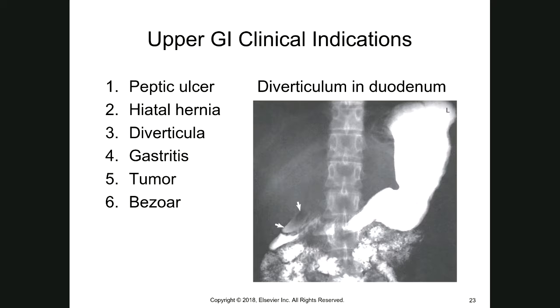A bezoar is basically like a human hairball. I know that sounds funny. There's different types. There's a phytobezoar and there's trichobezoars, and those are actually in your pathologies. Kind of interesting to read about. One comes from plant and vegetable fibers. The other one tends to come from, oh,